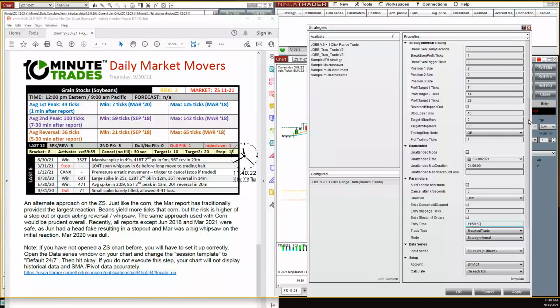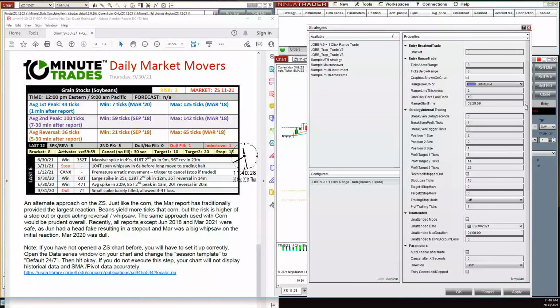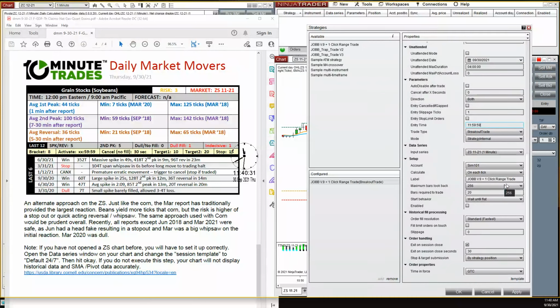So I'm using a bracket of 8 on soybeans. And the other thing is I don't cancel this trade normally unless something really unusual happens, because we don't know when the news is going to come out, and we're probably never going to know what the news results were. I don't think even Financial Juice has anything to do with this trade. They won't say anything.